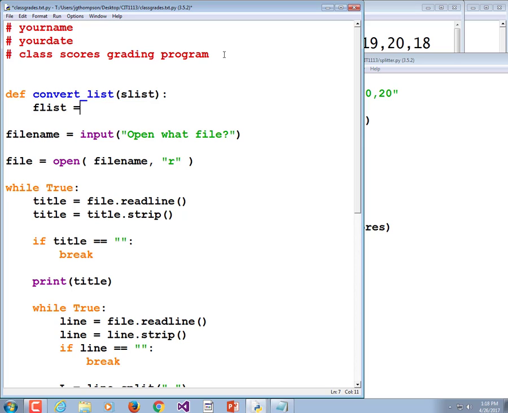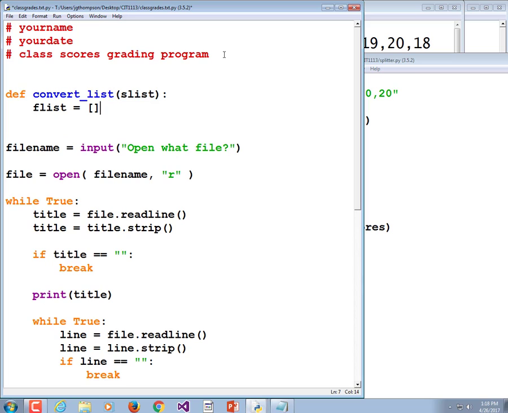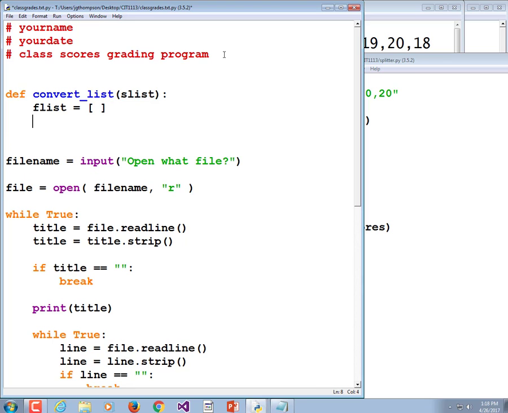Let's do flist. So whenever you're doing list processing like this, you have to first declare an empty list, and then you can start appending stuff to it. Now we need a for loop that's going to step through slist, getting each string. Somebody give me some syntax for stepping through slist with a for each style syntax. For i in flist. Yeah, except I'm going to make it for s in slist just because it's a string. Personal quirk. For s in slist,